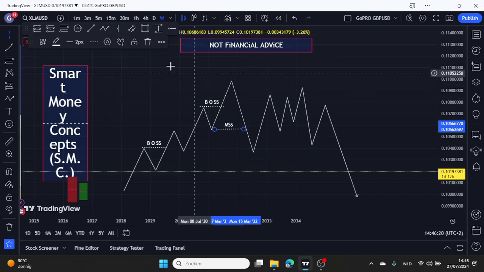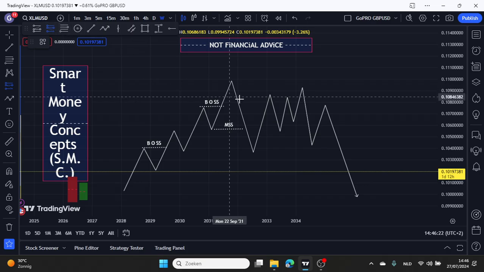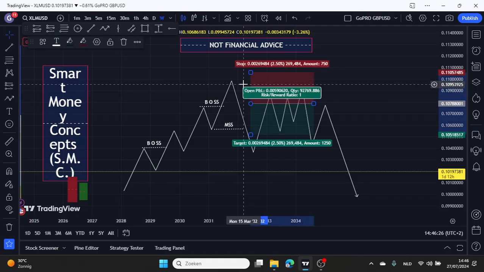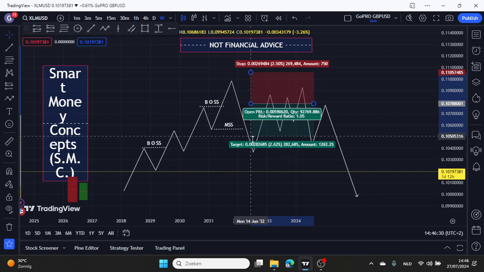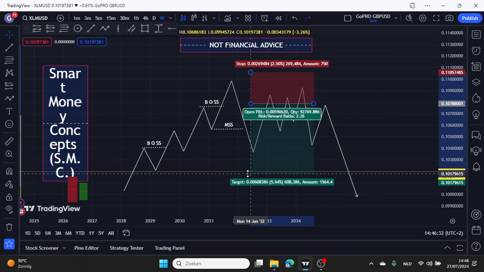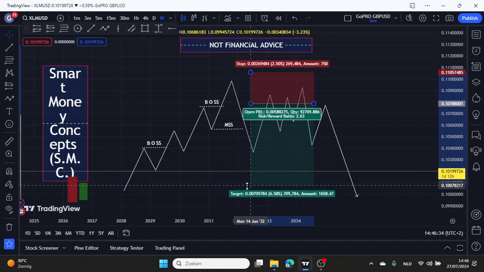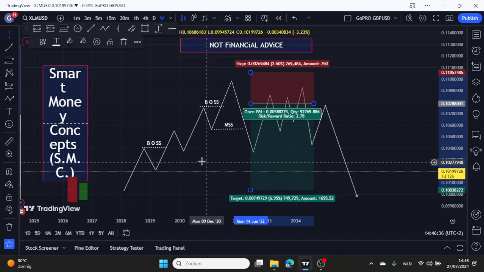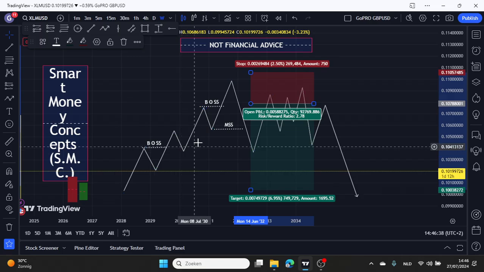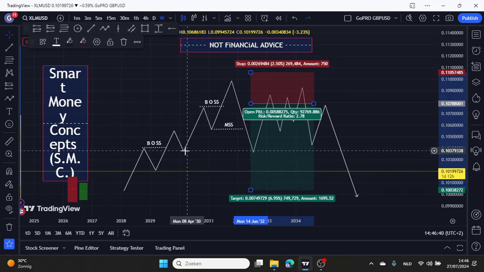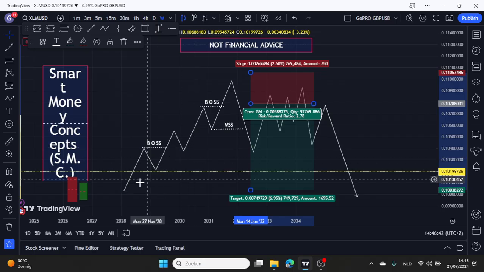And this could already be an entry model where we enter in a fair value gap, in an imbalance, with a stop above the high and targeting the latest lows, because there's always resting liquidity below old lows and